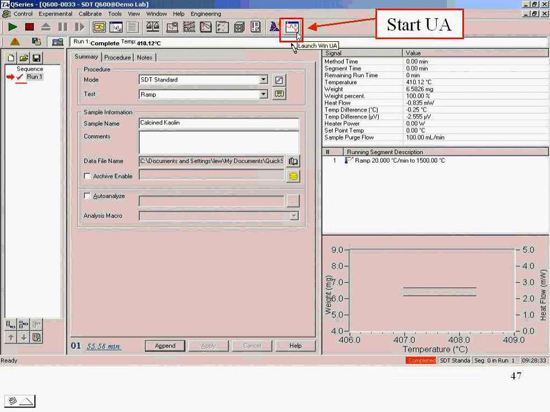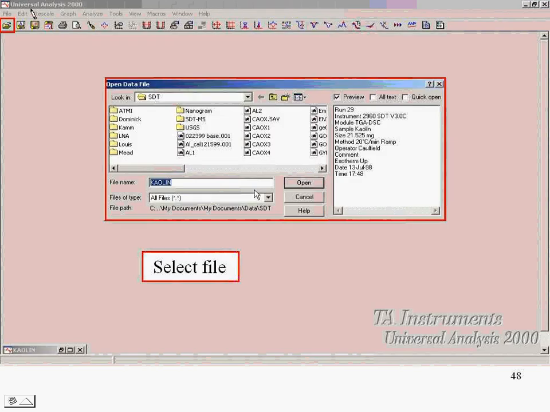Now this icon here is going to launch WinUA. If UA was already open, you could just click on it to bring it up on your screen, but in this case we're going to start it. When you first start it, you're going to get a blank screen, and with typical Windows notation, we can use that box to open up a file. Now we're going to go through here and find the file and open it. We're going to look at this KLN file,